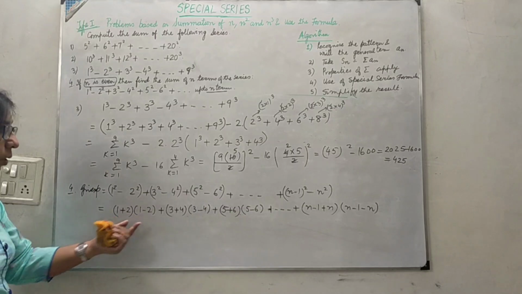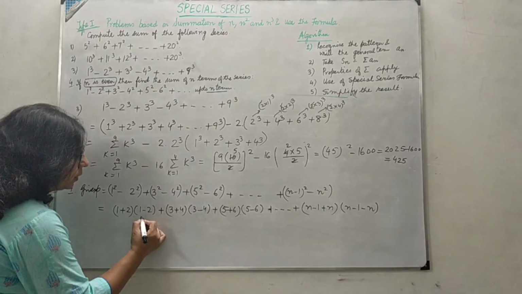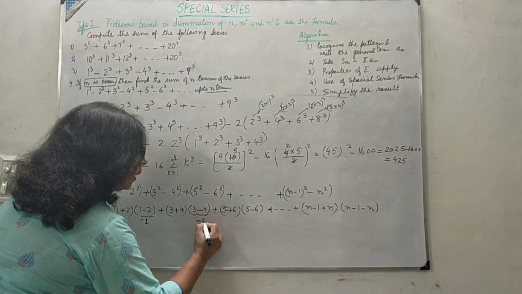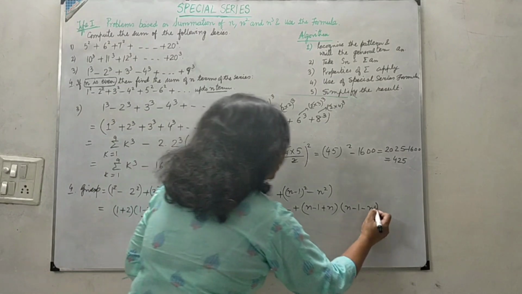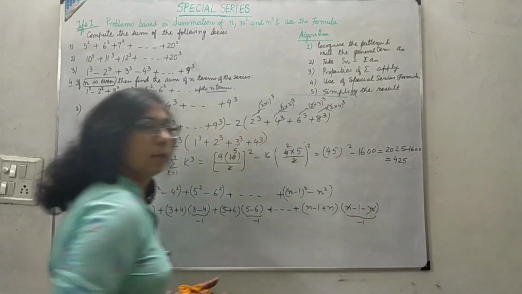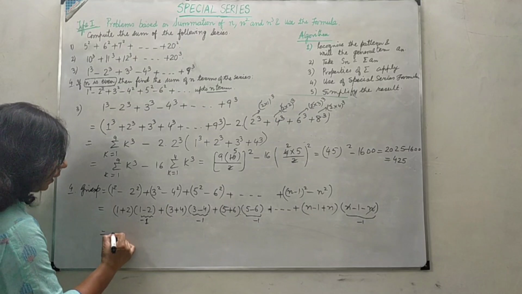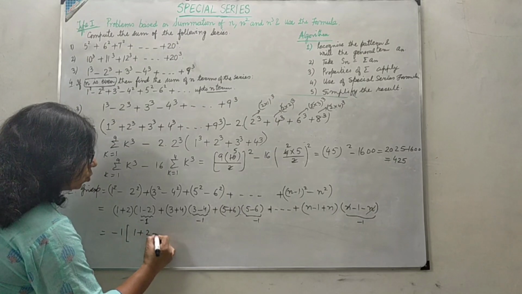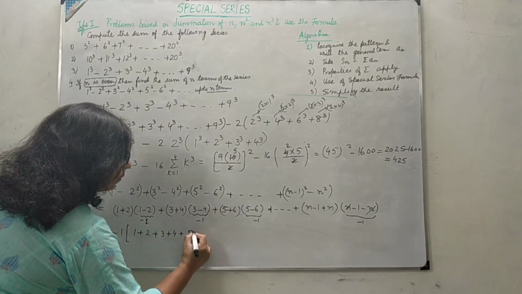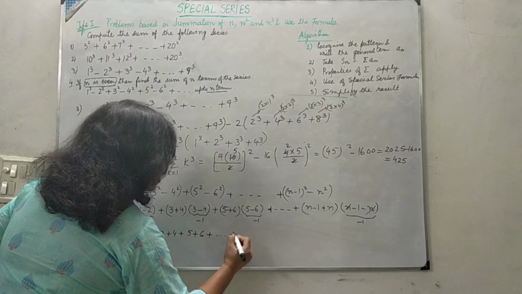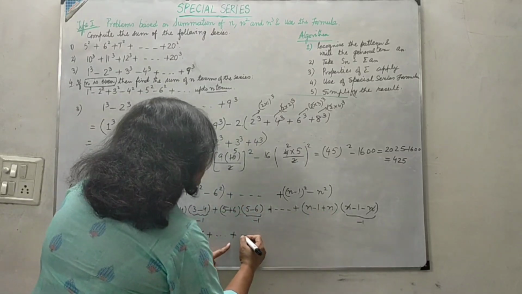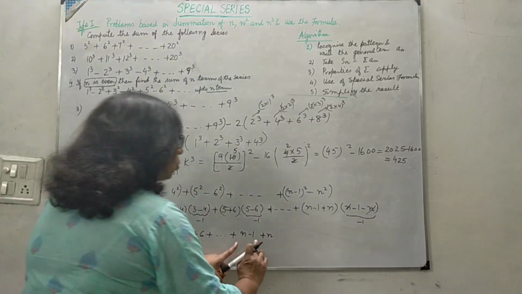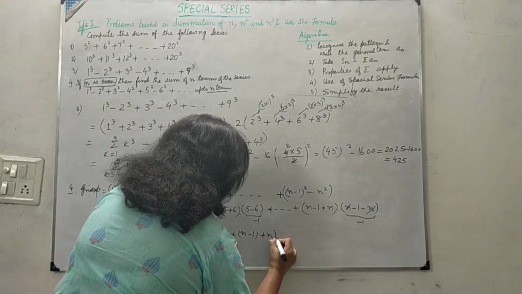So what you can see over here in this product form, this is always minus 1, this is also minus 1, this is also minus 1, and this is also minus 1. So this minus 1 can be taken common from all the terms. Now inside we are left with 1 plus 2 plus 3 plus 4 plus 5 plus 6 plus 7 plus 8 and so on up till n minus 1 plus n. These all terms I have written separately. So this is the previous term and this is the last.